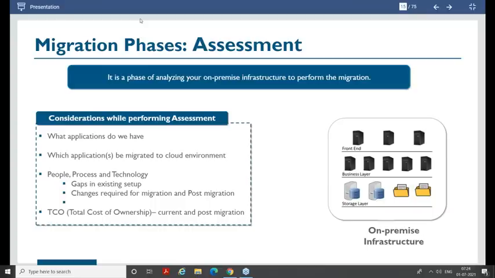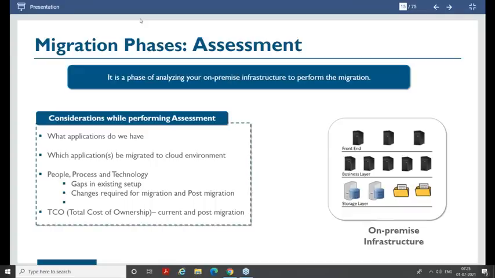How are you going to address those challenges when you move to cloud? Is there any change required during migration or post migration? Or are you going to rebuild a new architecture? All of that is what you decide in your assessment phase.